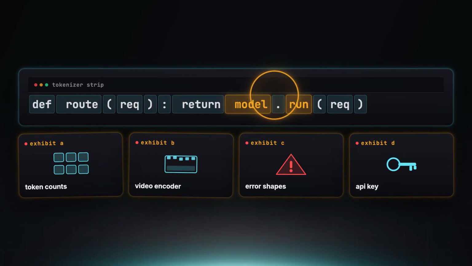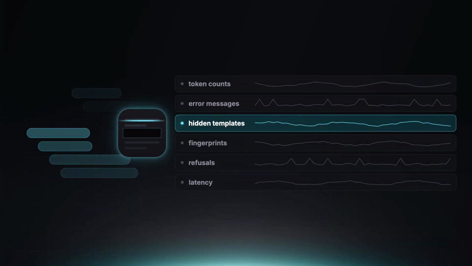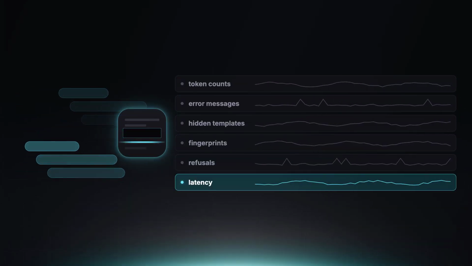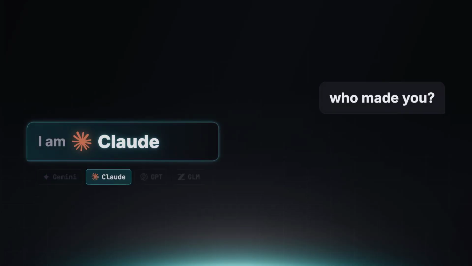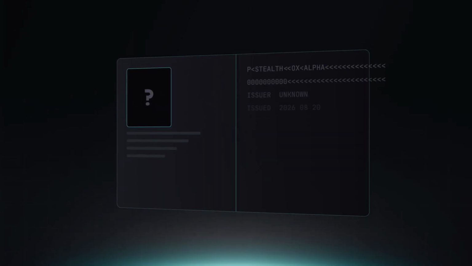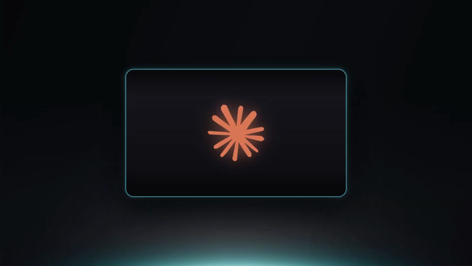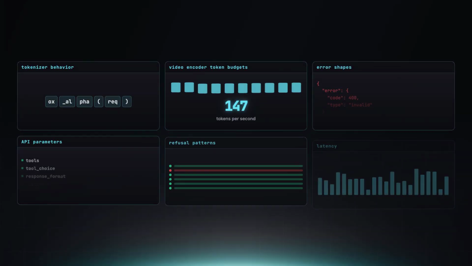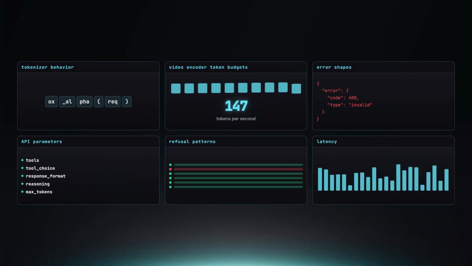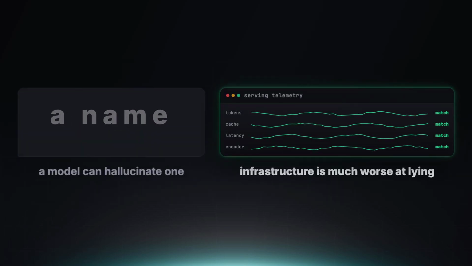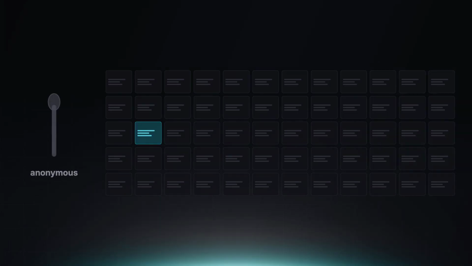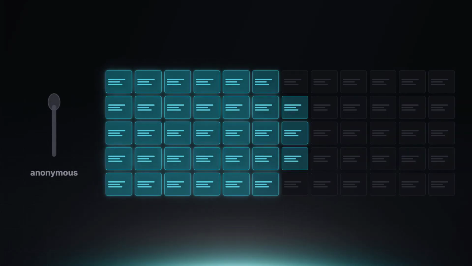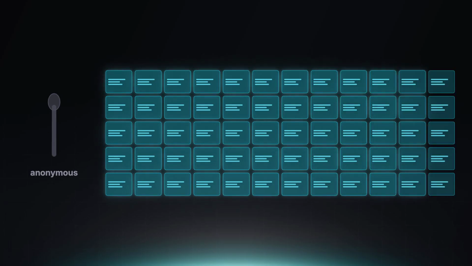People started comparing tokenizer behavior. They looked at video token budgets. They looked at response shapes. They looked at error messages. They asked the model what it was, which is funny, but mostly useless. A model saying what it is should not be treated like a passport. These systems will claim they are Gemini, Claude, GPT, GLM, or whatever the text nudges them toward. The more useful clues are the boring ones: tokenizer fingerprints, serving behavior, wrapper tokens, latency, and refusal patterns. Infrastructure is worse at pretending than language is. And that is why this story became interesting so fast. The model did not just have a mysterious name. It had enough substance that the mystery felt worth investigating.